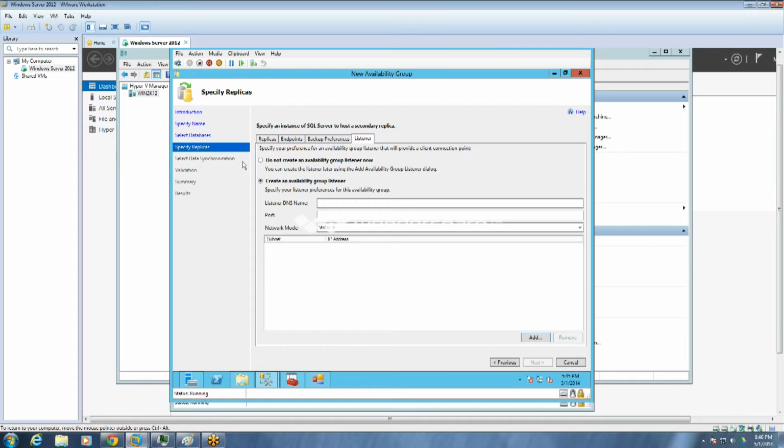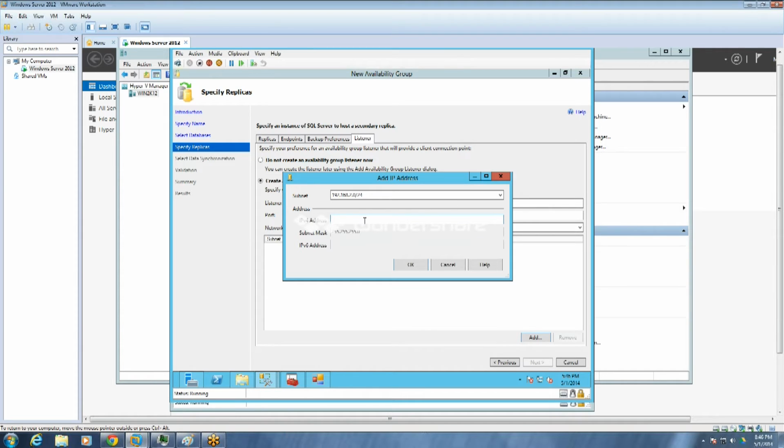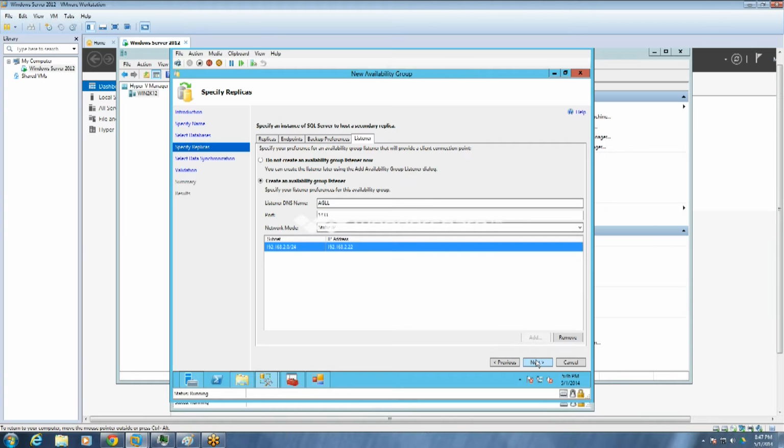It will check the data synchronization over there. Suppose here I provided AGLL as the name, and 1433, which is the basic listener port for SQL Server, as the port. For the IP address, I'm not sure whether I have enough IP addresses here because I already consumed all of them. So let's make it 2 dot 22. All right, it's added.